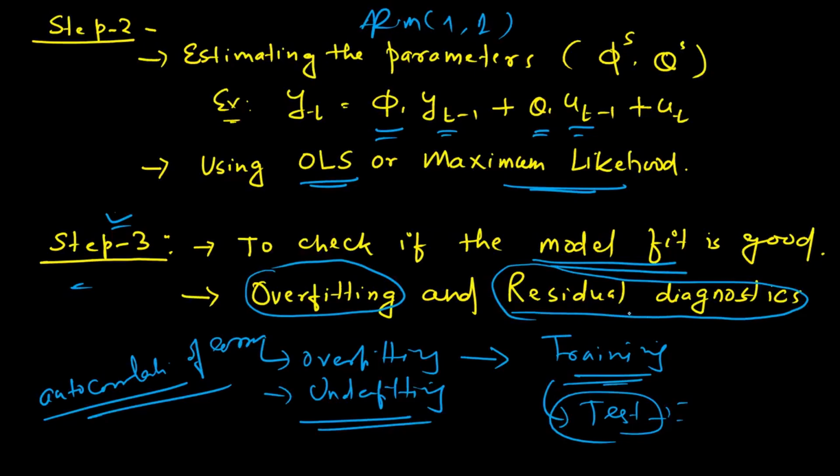For the residual diagnostics, there are some statistical tests. We'll talk about it when we use the Box-Jenkins procedure, or approach, of building models using some sort of statistical technique. There are statistical techniques available to check the residual diagnostics, and based on the hypothesis used for the statistical test, you will be able to know whether there is a presence of autocorrelation.